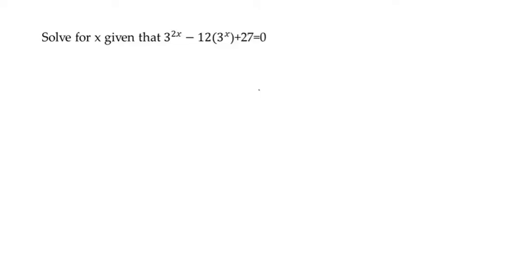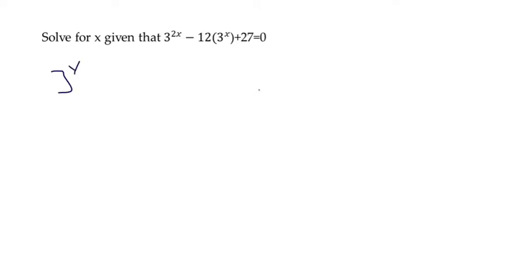Welcome to today's session. So today the question of interest reads, solve for x given that 3 to the power 2x minus 12 multiplied by 3 to the power x plus 27 equals 0. Okay, so this is an interesting question from indices. So what we notice first is this equation can be written as follows: